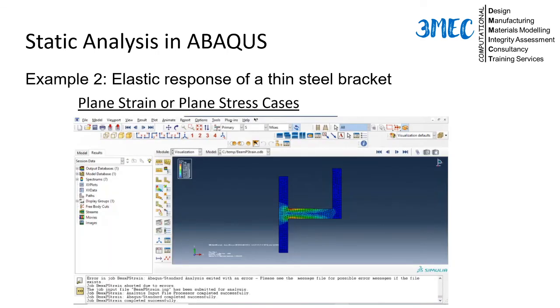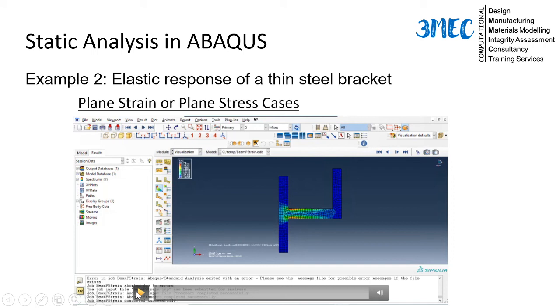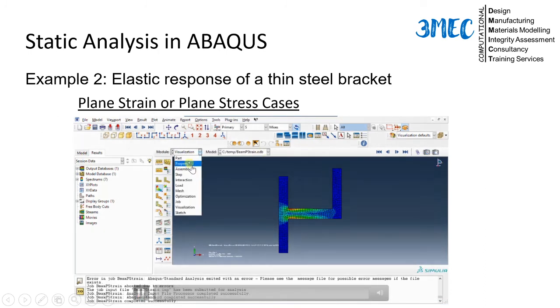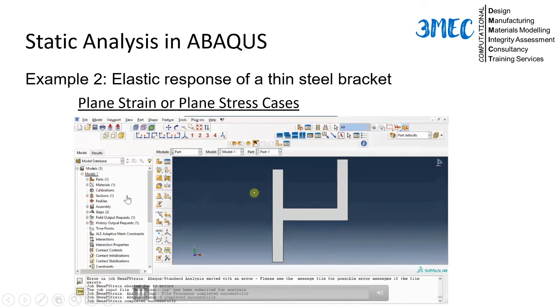So what you will do in this case is, if I want to make it a plane strain or plane stress case, this is a short demonstration of that. It's not the actual geometry, I just made it just to show you how it looks. So this is a 2D model now, which is 2.5D, which can be plane strain or plane stress depending on thick or thin beam. And here what I have done is I have defined the part as a 2D planar